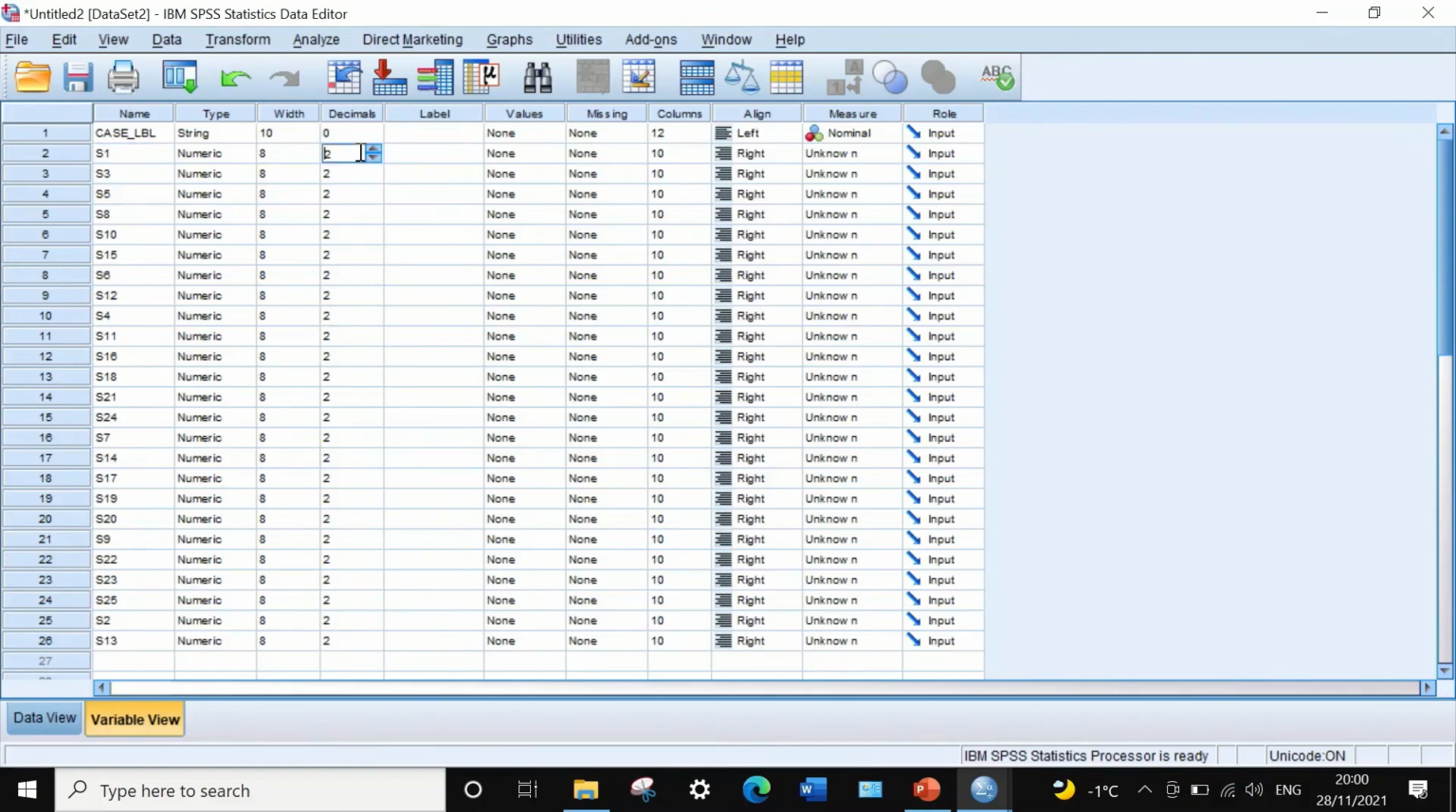The next thing to do is I'm going to decrease the decimals to 0. So select, copy, and then Control V. And the column width, I'm going to reduce it to 4, make it 4 for all, and then copy,